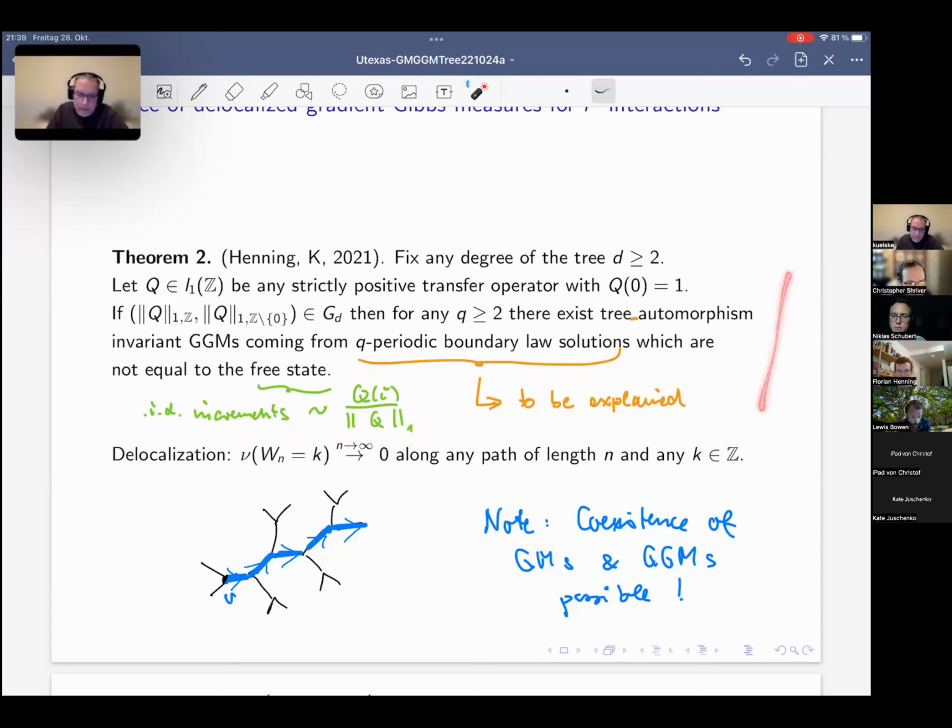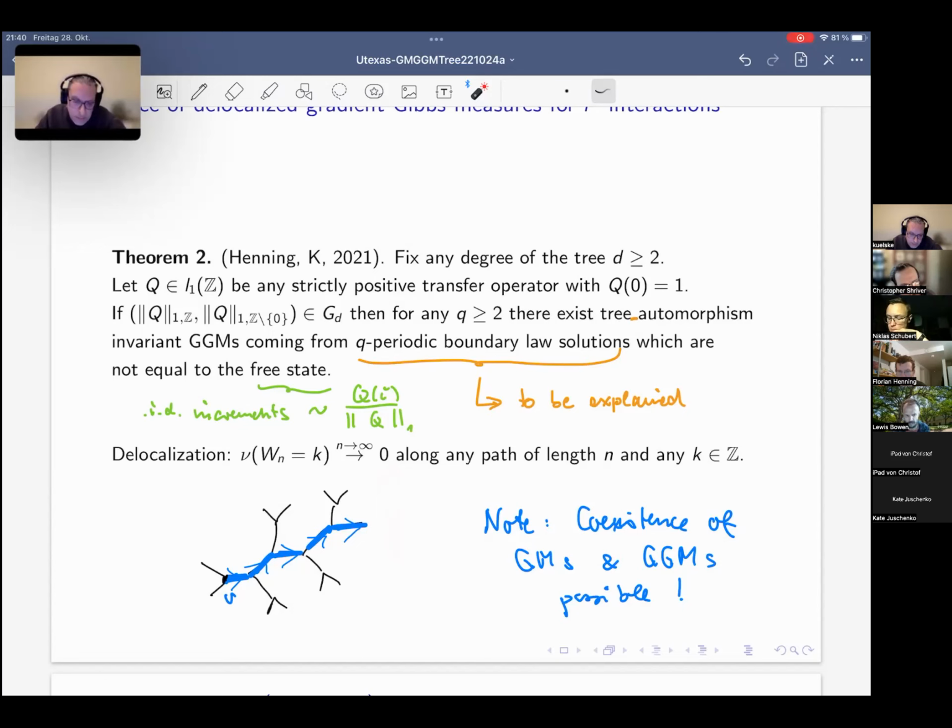So there are non-trivial ones. Delocalization in this sense means the following, a precise definition. So we are allowed in the gradient Gibbs measure nu to look at increments. So this is a measure not for the absolute height, but for the increments. And so if we fix one point, we are looking at the increment and sum to the next increment along a path. Then this thing converges. So the probability that we find this in a finite height k, for every finite height k, goes to 0. So this is a vague convergence of this measure to the 0 measure. No? So that means that this goes up.